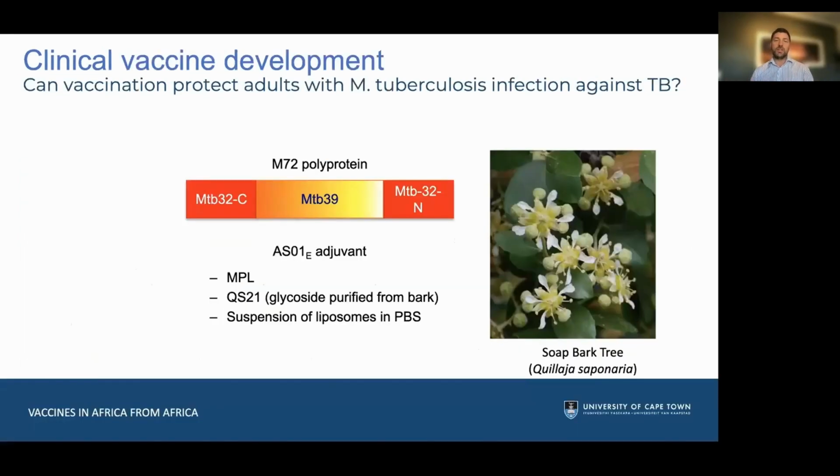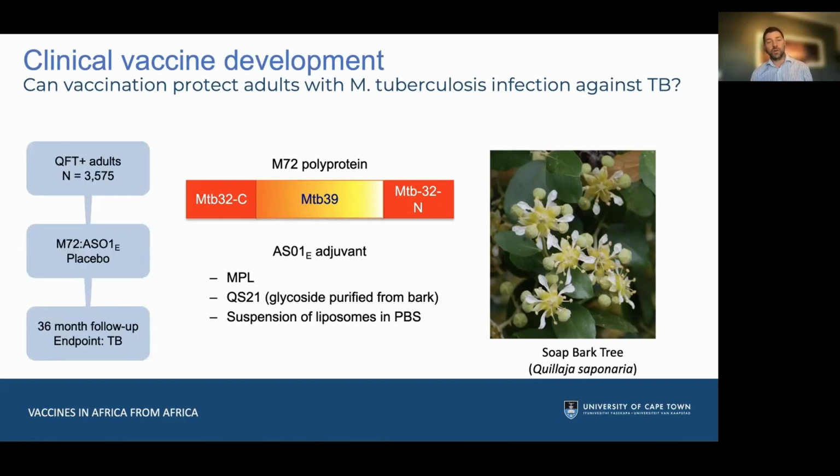Of course, TB vaccine development is our big focus. And I just want to mention one example, because this is really a very exciting moment in TB vaccine development. This one product called M72 is just 2 TB proteins of 4,000 in the bacterium that have been formulated in an adjuvant by GSK. And this adjuvant is actually partially made from a natural product, from a tree. It's called QS21. And so this vaccine was recently tested in a very large study of 3,500 odd adults who